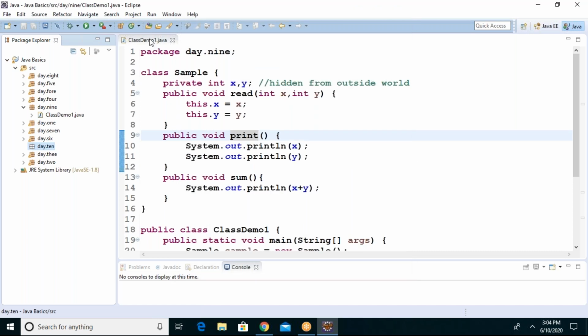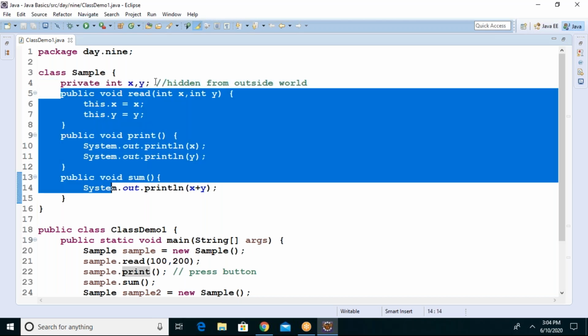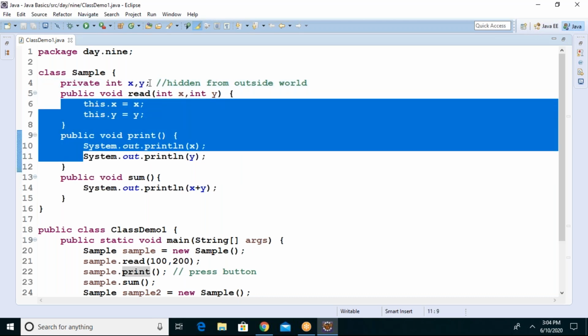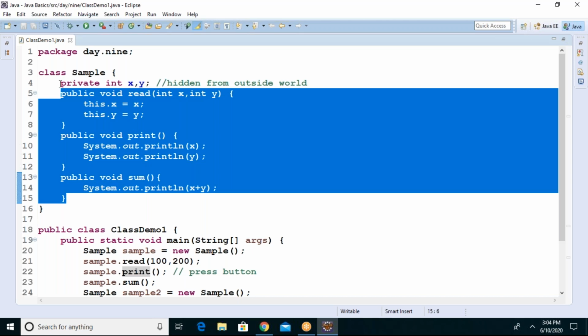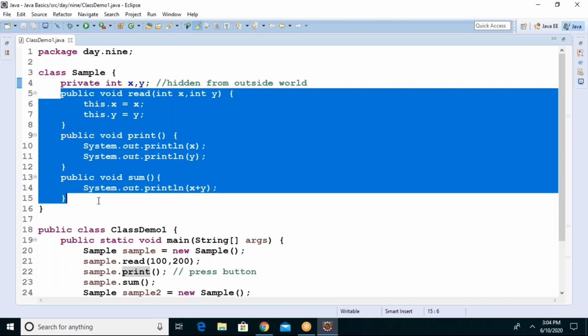So once again, I wanted to show you what we did yesterday. I declared some private variables which are hidden from the outside world. I mean, you can't access them directly. Because of that, if you want to do any operation on these private variables of a class, the methods are written for the data, but data is not written for the methods, guys. Do remember.